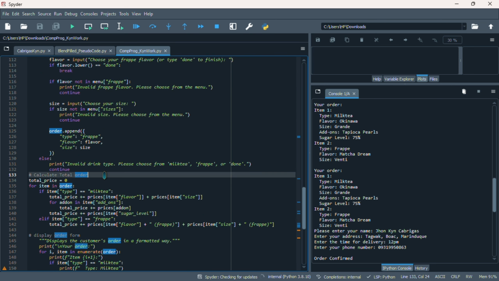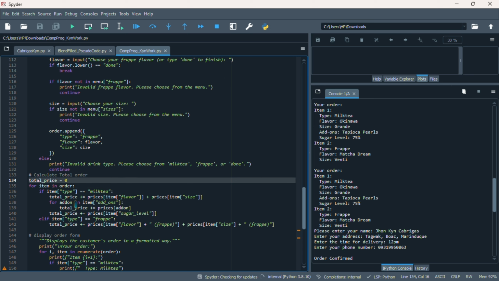So here we are in the calculate total order, where the system calculates the total price. It says here that the total price is 0 if I haven't ordered yet, then the flavor, which is the flavor of grape and milk tea, and the size.